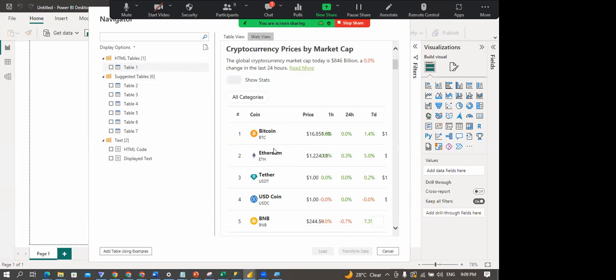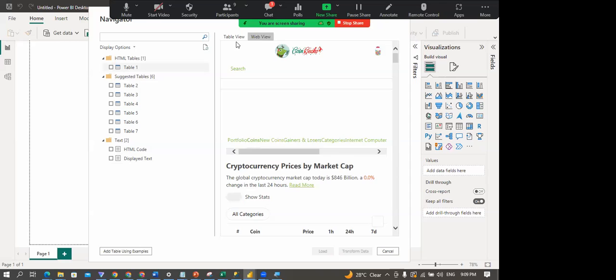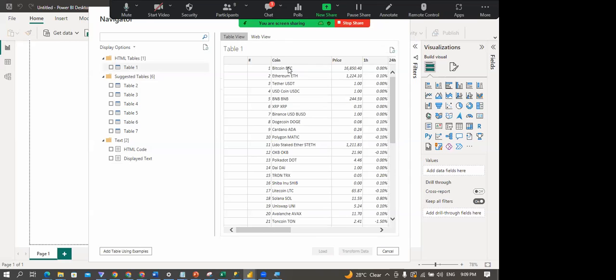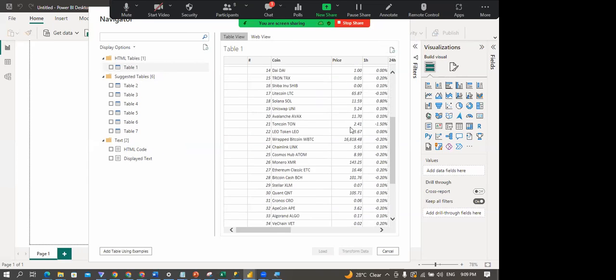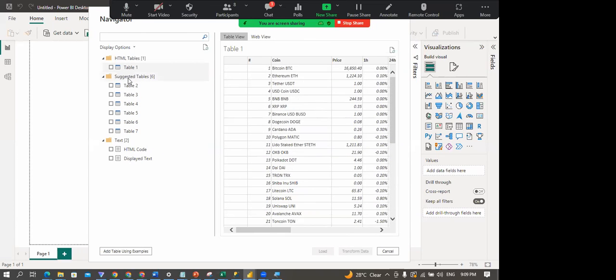So this Bitcoin first, Ethereum second, 16,850, 1, 2 something, right? And this table is also similar. Bitcoin 16,850, ETH, just like that. So I'm on the correct web page. But then it's best to also go through all the different tables to be sure you're working with the right